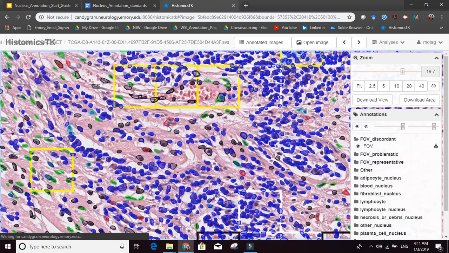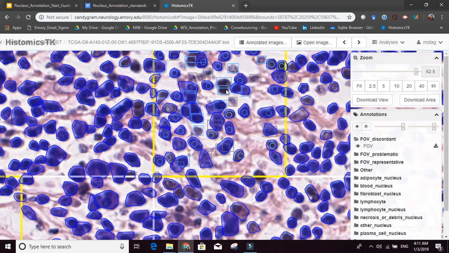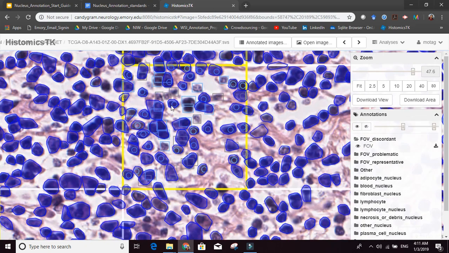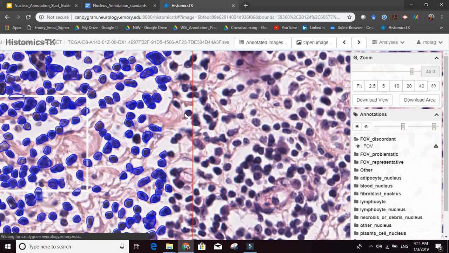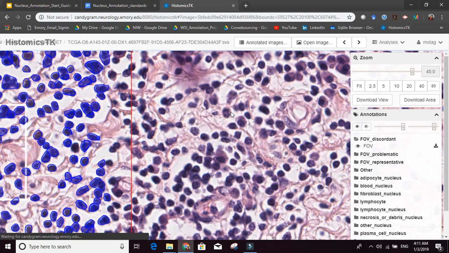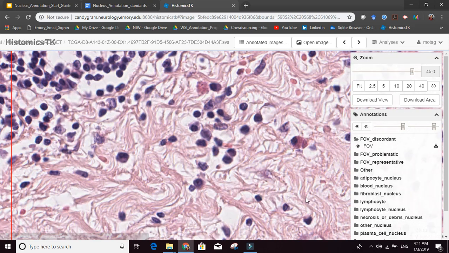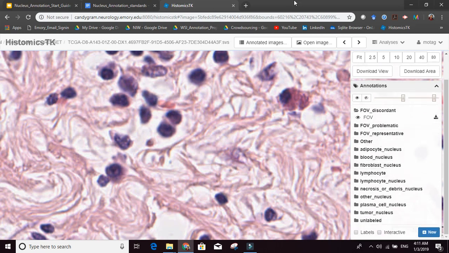We zoom into a field of view, and here is the field of view that Rukaya has, that we annotated and I showed in the tutorial. But remember, before you do any annotations, you need to define all the annotation styles. Again, this needs to be done only once. So the way I'm going to do this is I'm going to go somewhere completely random, completely outside the field of view, and then define all the styles. So how can I define the styles?